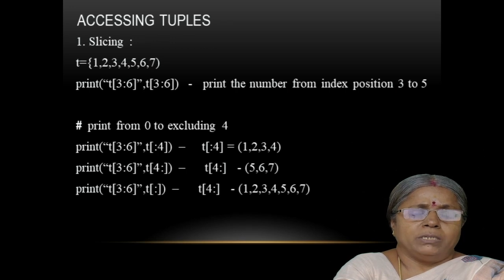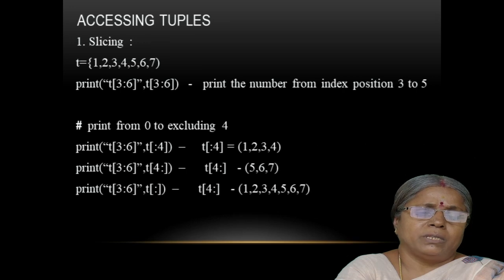Suppose I want to print some set of elements from the middle or from the end. We can follow the method print tuple variable. Within the square brackets we may specify the starting and ending position. First one, print t[3:6], is used to print the elements from index position 3 to 5. Suppose I want to print the values from the 0th position to the 4th position, we may use print tuple variable t within square brackets [:4], where the starting position will be